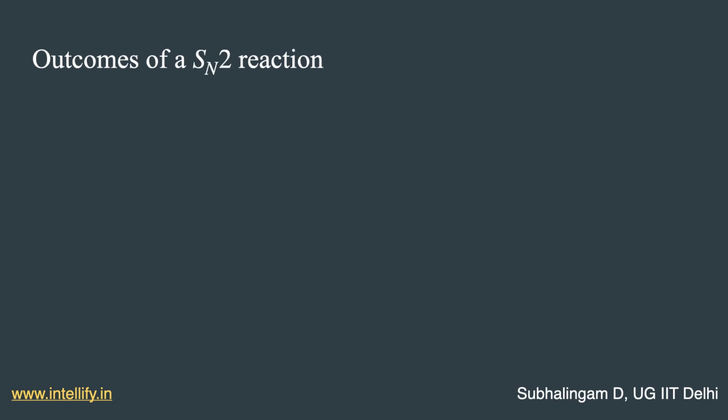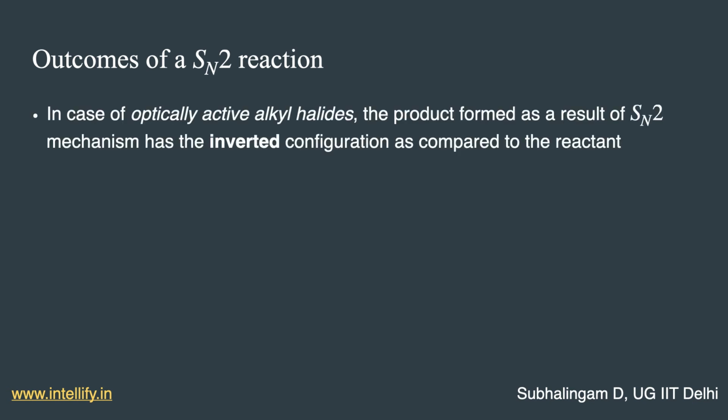So now let's see what exactly happens in an SN2 reaction. Why do we get an inversion in configuration? In case of optically active alkyl halide, the product formed as a result of SN2 mechanism has an inverted configuration as compared to the reactant. This is what I've told in the beginning of the video, and I'm telling it again, and now we will